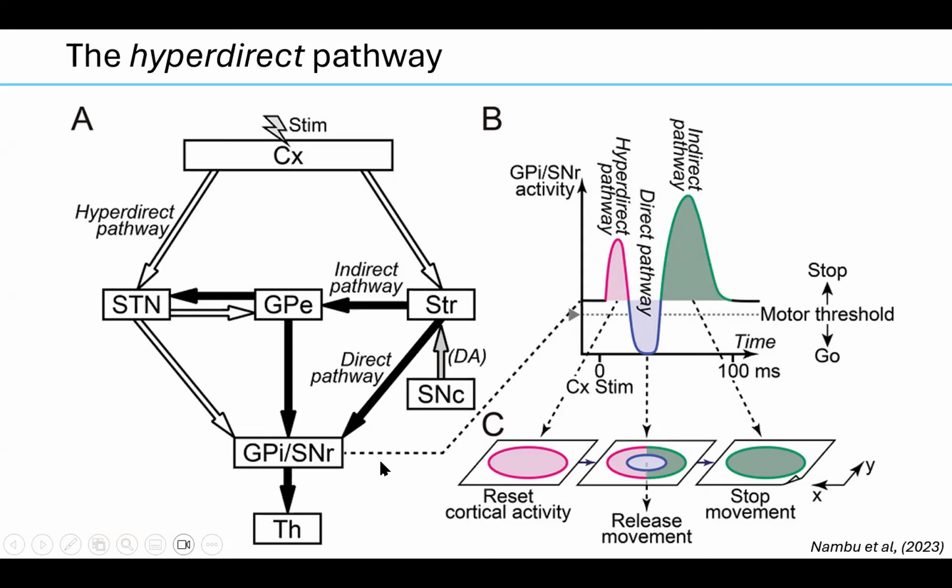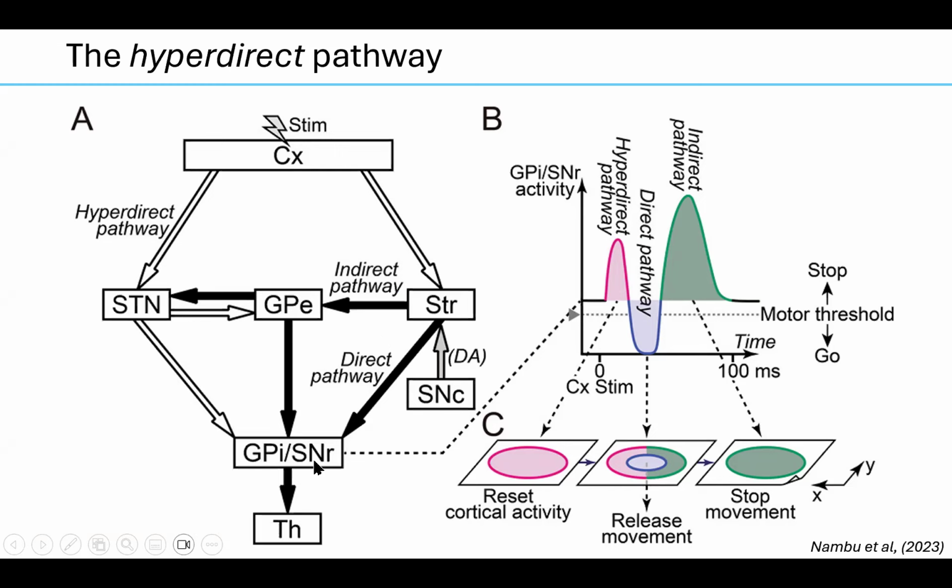Okay, the next pathway, the hyperdirect pathway. That's the shortcut from cortex to the STN and to the GPi and SNr. This pathway was studied extensively, and the name was coined by the lab of Atsushi Nambu in Japan. And the main thing that they saw when they stimulate cortex and record downstream in the GPi or SNr is